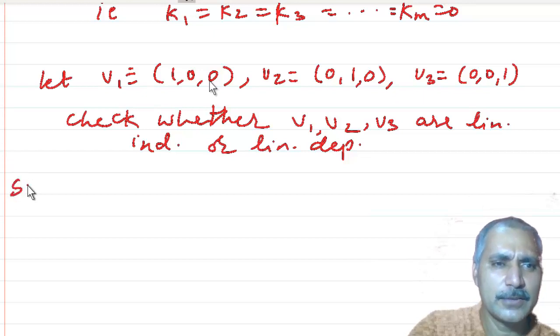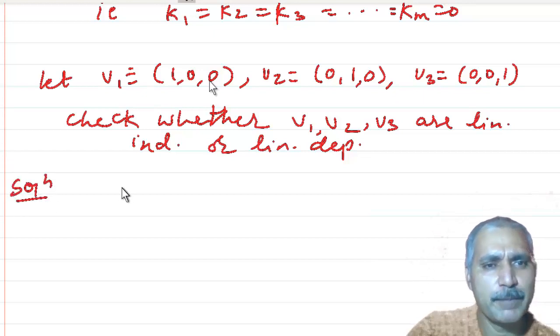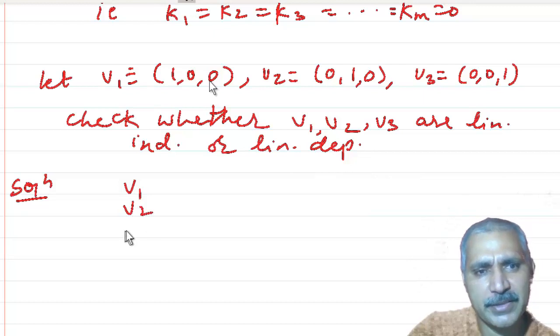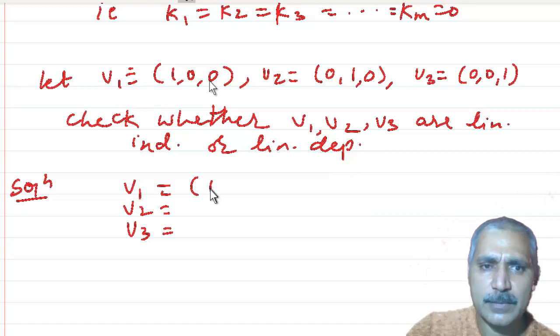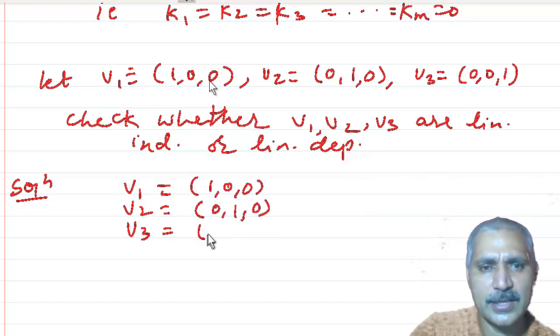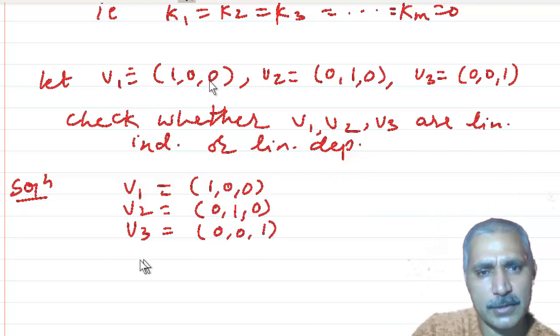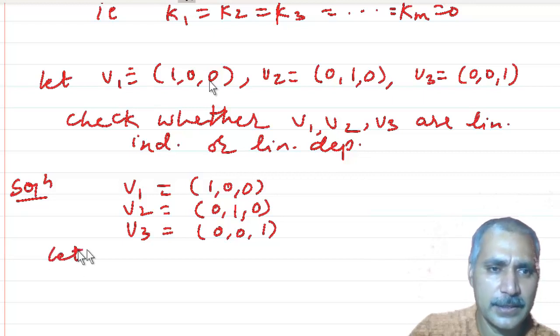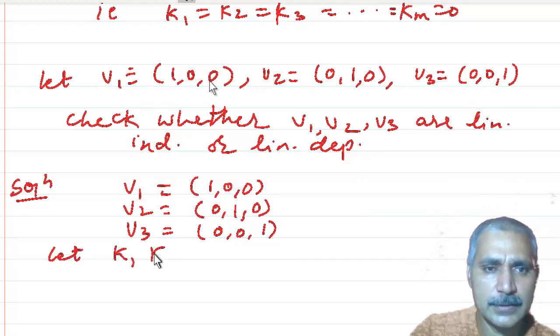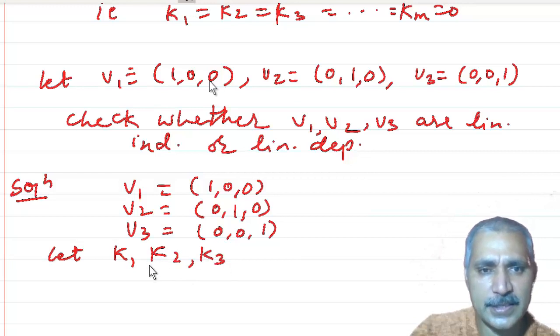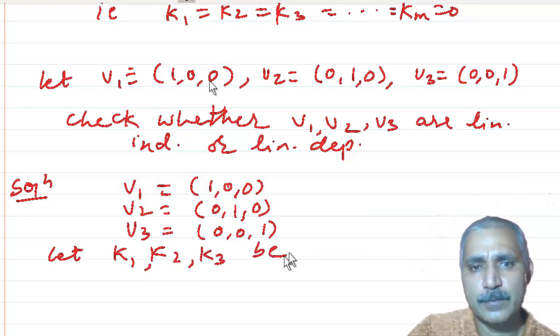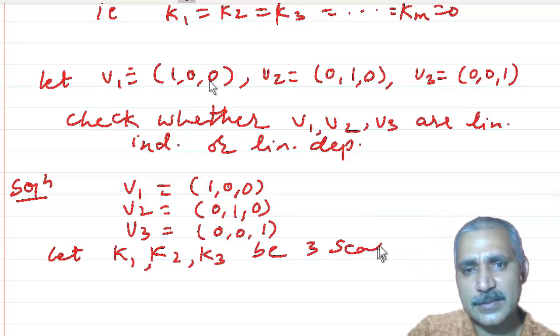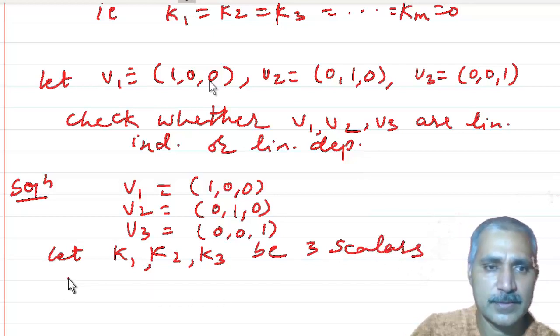Now to do that, in the solution we have been given v1, v2, and v3. We will copy those things. That is the first step. 1, 0, 0, 0, 1, 0, and v3 is 0, 0, and 1. Now there are three vectors, so we will take three scalars. Let k1, k2, and k3 be three scalars such that